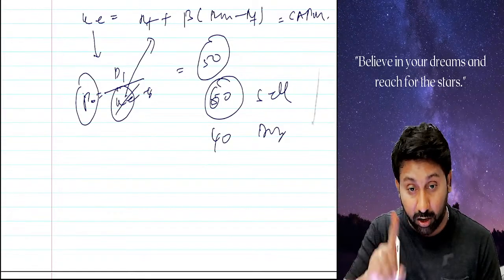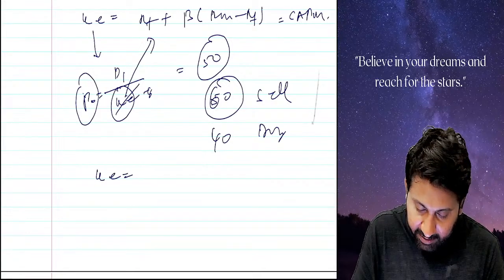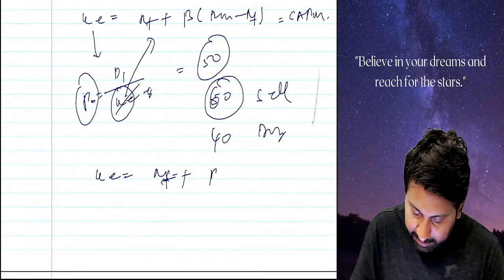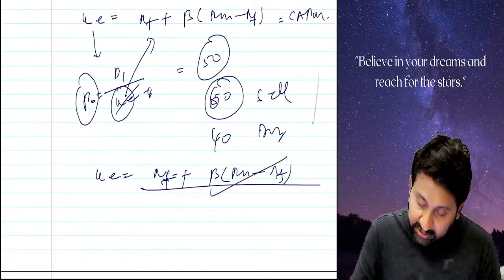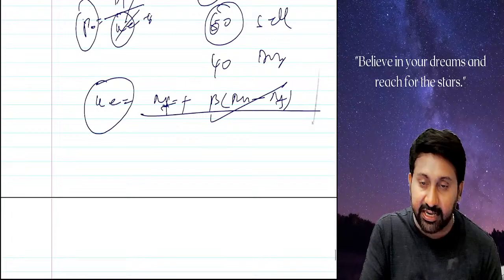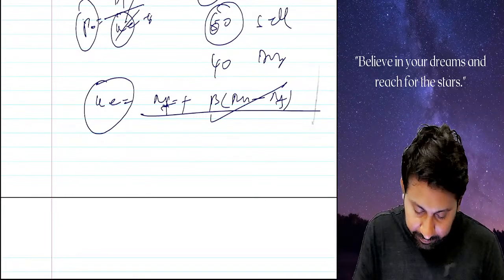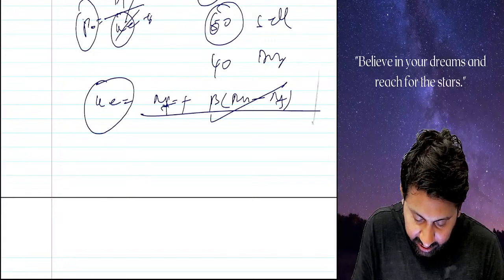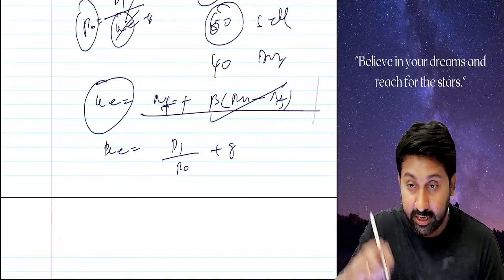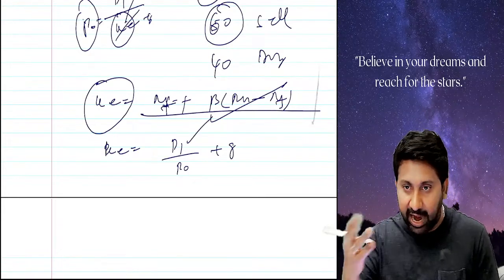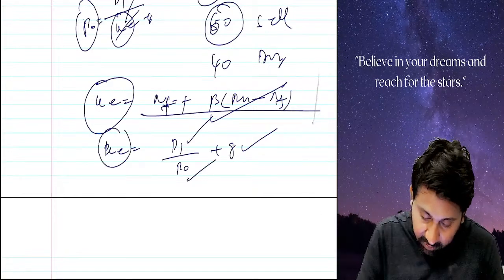This is one way. The second way they will ask a question: you will calculate CAPM KE, RF plus beta into RM minus RF. It is common. Once you calculate this, you will get the CAPM KE. Now what will you do in the next step? Taking the CAPM KE, you will now calculate KE equal to D1 by P naught plus G. In the question they will give you D0. Add the growth and calculate D1. Growth will be there, and the price they will also give in the question. You will calculate a KE.